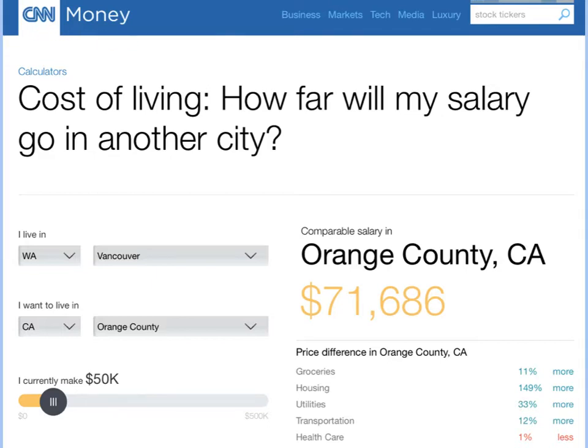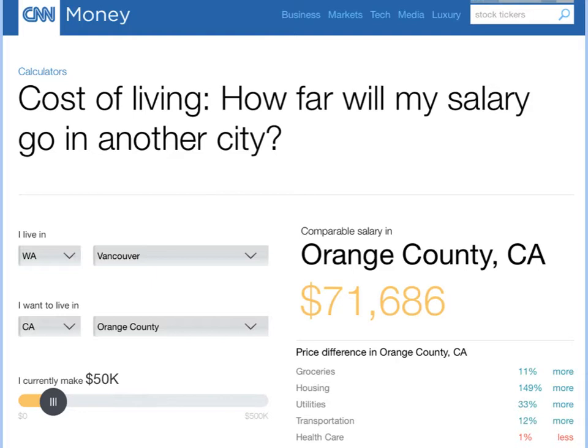As you can see, if right now you live in Vancouver, Washington State, and you make $50,000 a year, well, it wouldn't be quite enough to live in Orange County. For the same standard of living, you would need to make almost